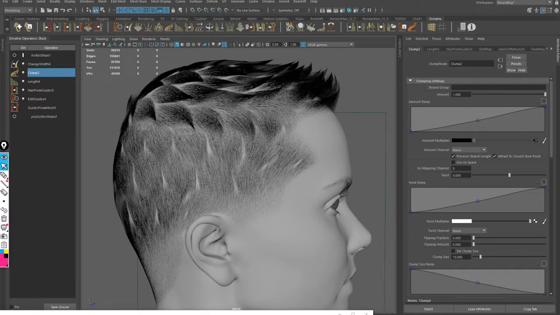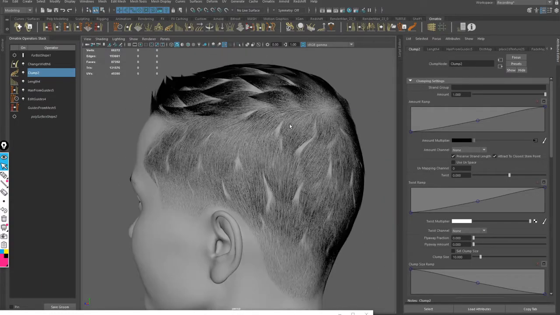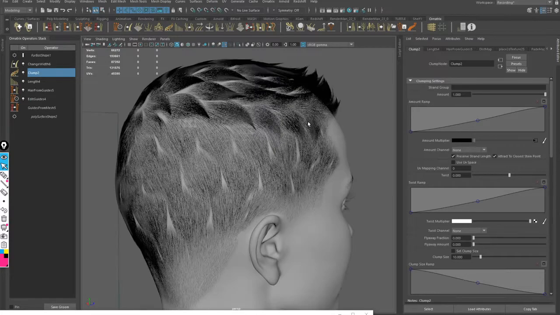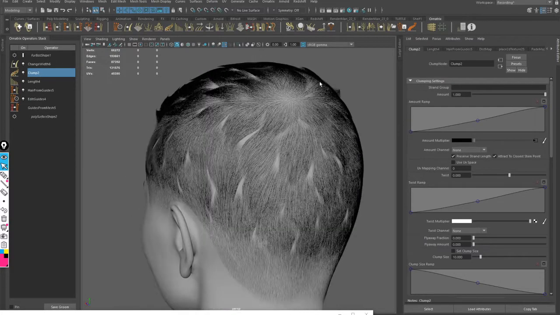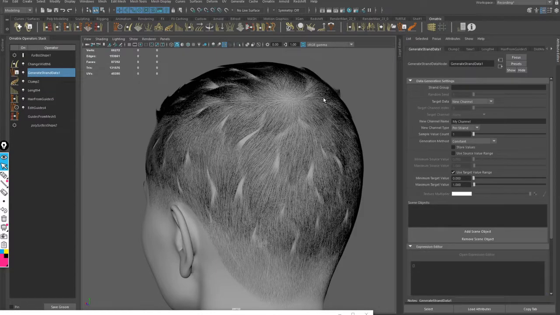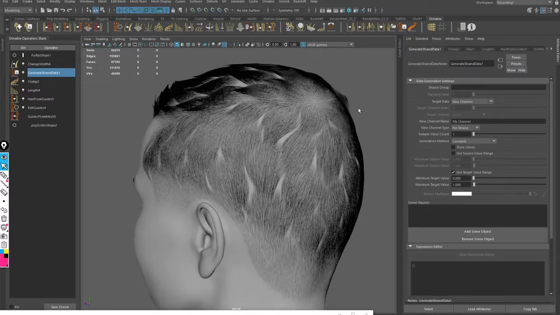Well, we have 3 maps already, so let's try to reduce the amount of maps that we use, and in this case I'm going to use strand channels instead. So the same method that I used before with the generated strand data, I'm going to use it here to reduce the amount of clumping in these shorter areas. So just go ahead and add the generated strand data node